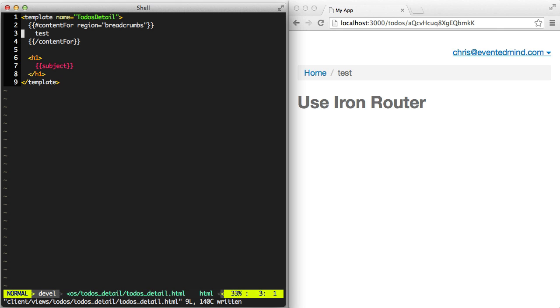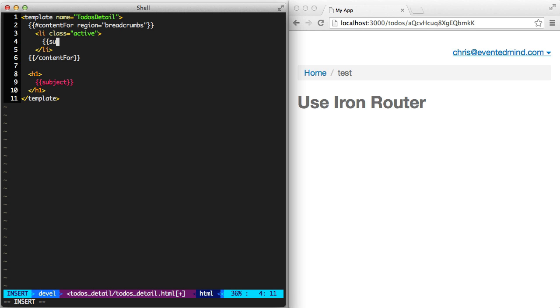Okay, so let's style this up a little bit. What we want to do is to create a list item. We'll mark it as active. And inside, we'll just put the subject for now. Great, so over on the right now, you see that the title of the to-do shows up in the breadcrumbs